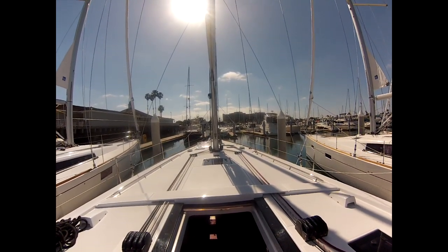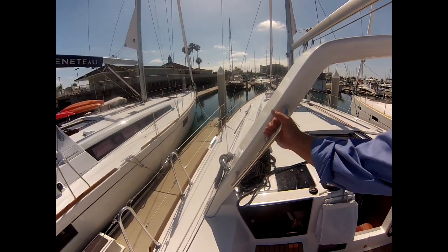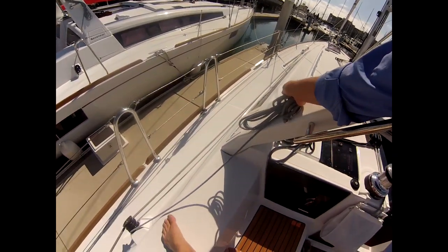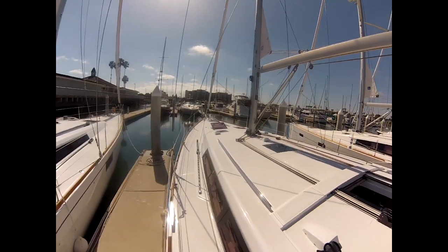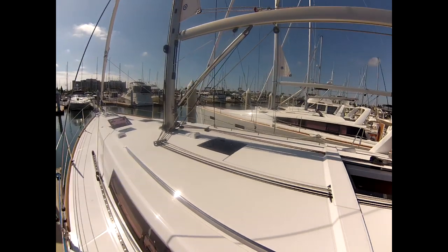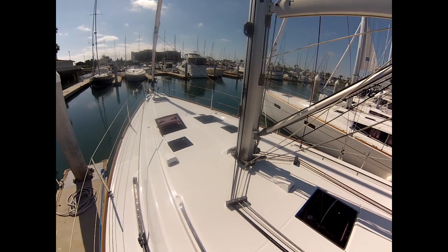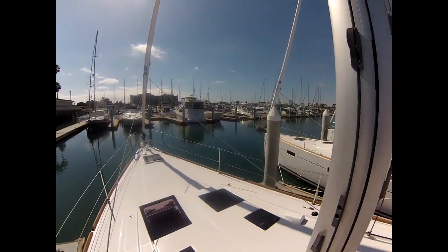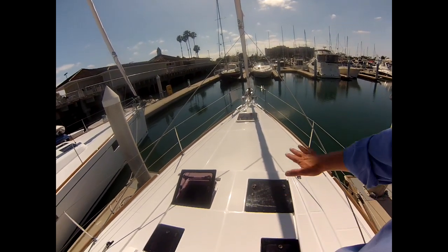Real clean decks and flush hatches. Another thing I love about this boat is just real easy access walking forward. Good grab handles, flat stepping surfaces, and wide side decks. Also a lot of nice non-skid on the cabin top, so you can step up. Handrails there in case you're heeled over and need to grab at a low point. Nice big foredeck, big enough for probably a 12-foot dinghy if you wanted to lay your dinghy on the bow